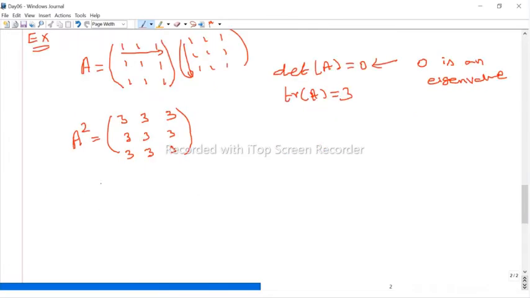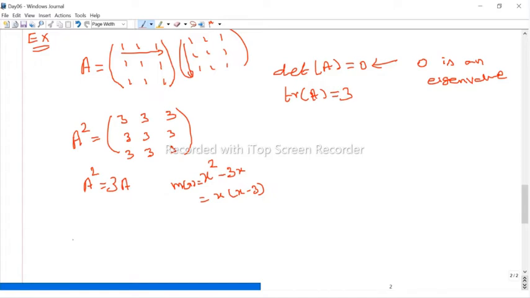Now, what is this actually? This is nothing but 3 times A. Okay, A square. Therefore, A square satisfies the condition that A square equals 3 times A. That means what? A satisfies the polynomial x square minus 3x. Correct? Suppose we call it m of x. If we take x outside, we get x into x minus 3. But this is a 3 by 3 matrix, and we get a second degree polynomial satisfied by the matrix A. Therefore, this is a minimal polynomial, but it is not a characteristic polynomial, right?